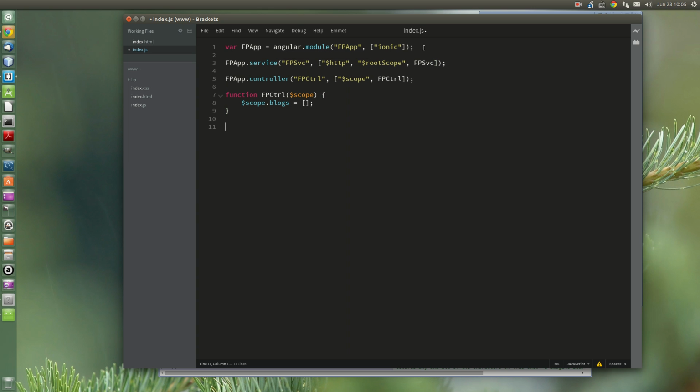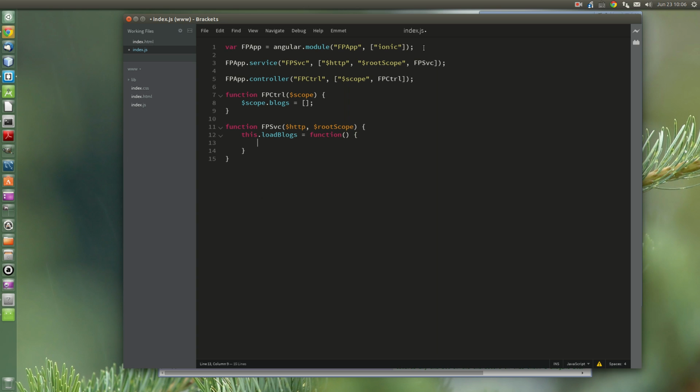So let's create the FBService. So $http, $rootScope. So since this is a function, we're going to define like this. So let's call our function loadBlocks,